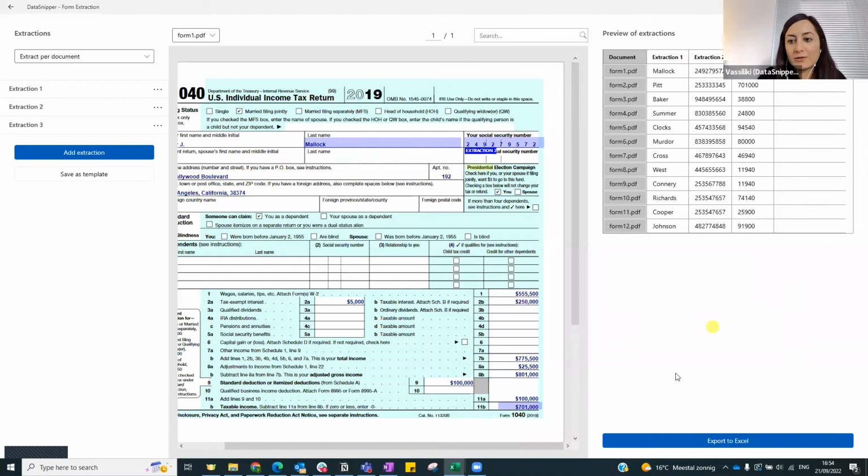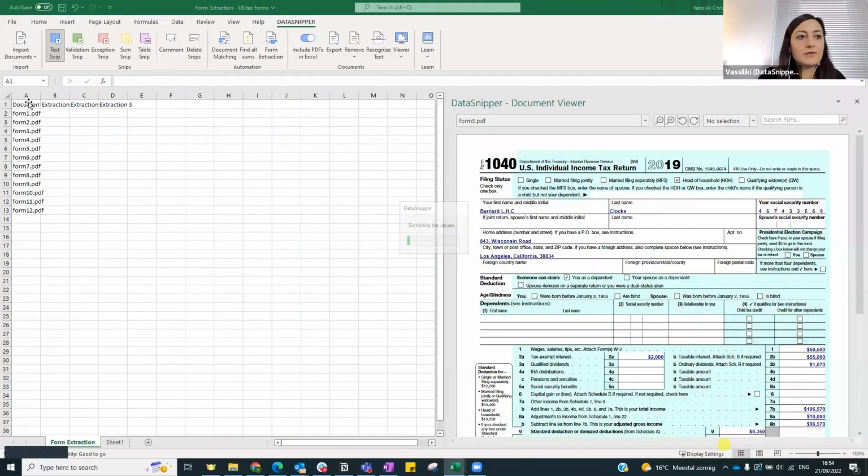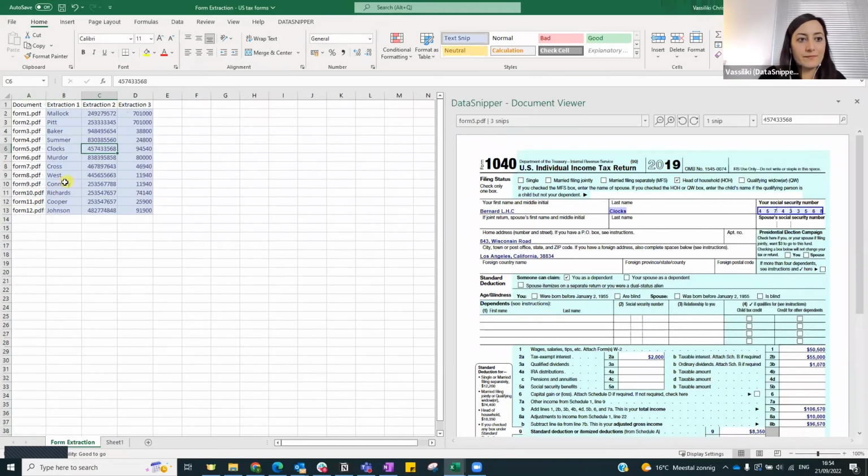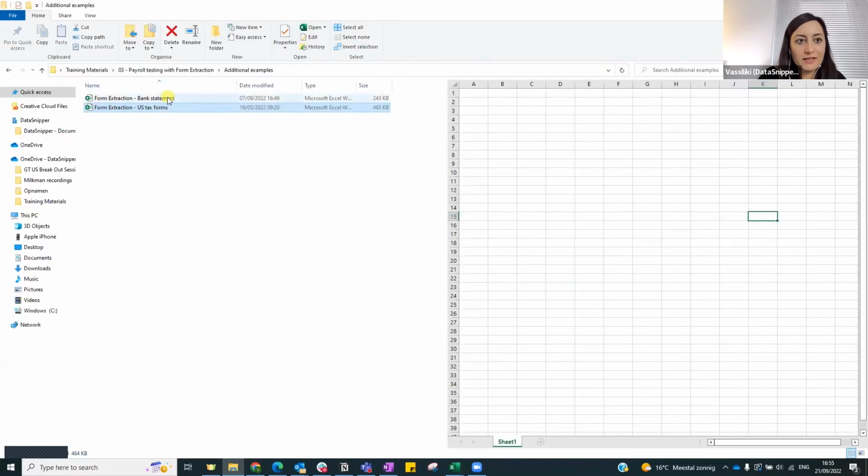If I'm happy with the results, I can click on the export to Excel, and this information will be available in my Excel workbook. So that was the document option. Now let's have a look at the line option of form extraction. I will use this example right here,